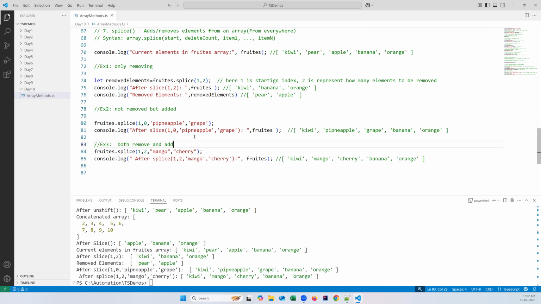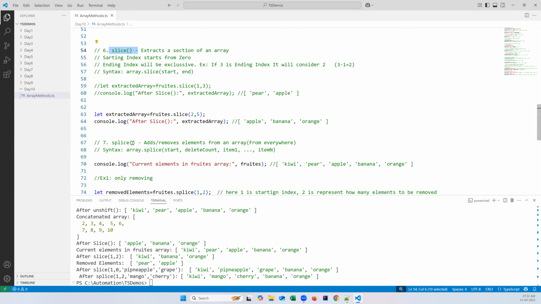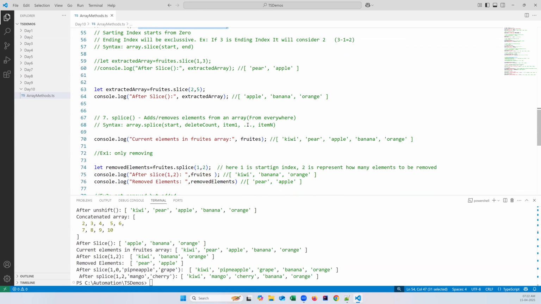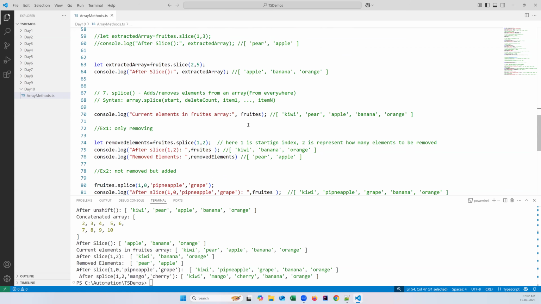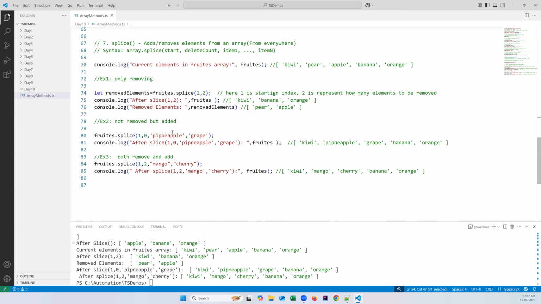So, a very important question in interviews: what is the difference between slice and splice? The slice method is able to extract a section of an array based upon starting and ending index. So do we have an ending index in the splice method? No, we do not have an ending index. We just have the starting index along with the number of elements to be deleted. So that is the syntax for the splice method. Okay, so now let's move on to the next method,